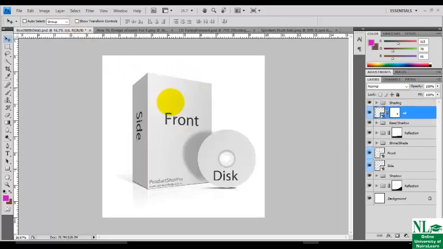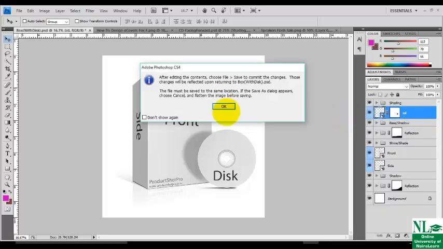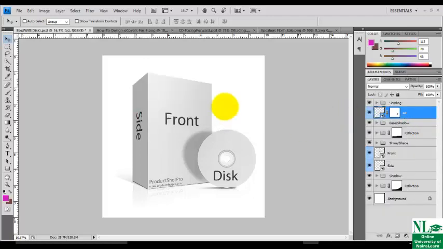So back again to here, this is it. Now I want to design individual layers on this item. So what should I do? Now this is the CD. I want to start with this CD. Just take your cursor to CD, then right click, then click on edit content. Take note, edit content. Then click OK.